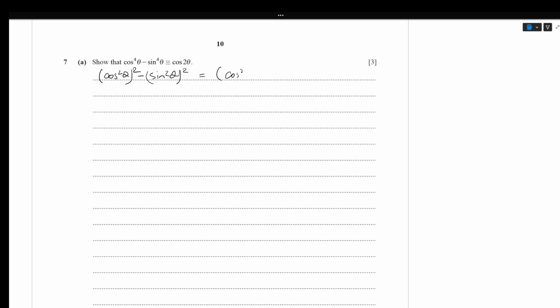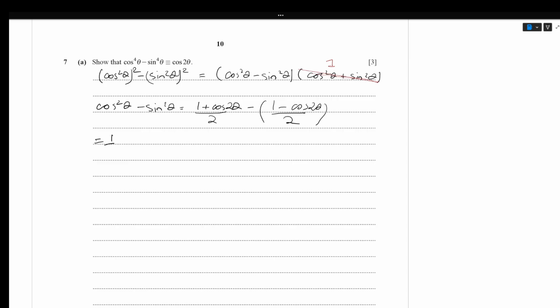So I can write cos square theta minus sin square theta times cos square theta plus sin square theta. So this is simply 1. And cos square theta minus sin square theta is (1 plus cos 2 theta) over 2, the half angle identity, minus (1 minus cos 2 theta) over 2, which is half